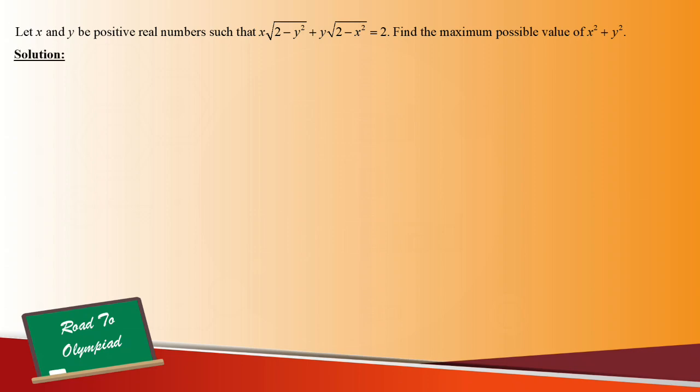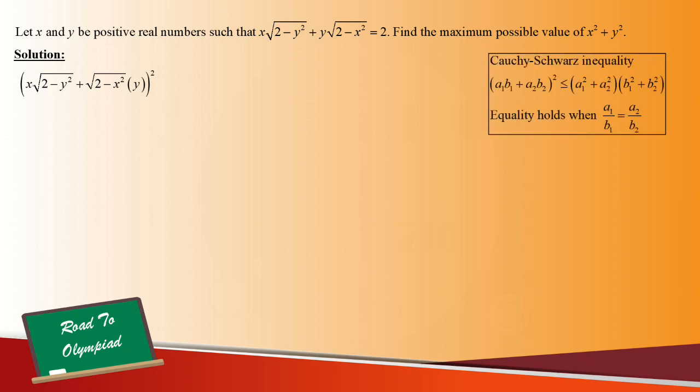To solve this problem, we start by noticing that we can modify the given expression on the left hand side into this one and then squaring it. So we can apply the Cauchy-Schwarz inequality to have the expression is less than or equal to this one. Notice that the left hand side is simply 2 squared, which is equal to 4. And the right hand side can also be simplified into this, which is equal to 2 times 2,